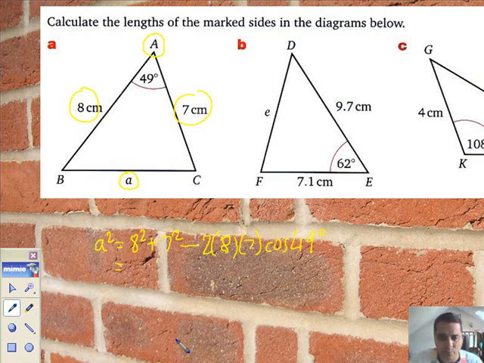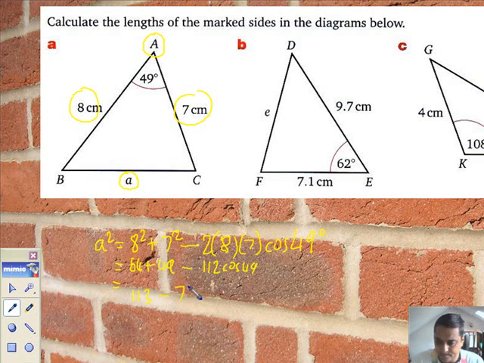Being the first one, let's just show you all the steps. So here we go. That's going to be 64 plus 49, take away 2 times 8 times 7. I think it's 112, but anyway, 2 times 8 times 7, 112. So take away 112 times the cosine of 49. Just simplify this a little bit then. That's 113, take away 112 times cosine of 49. You haven't got to say times cos on calculators, just 112 cos 49. And that equals